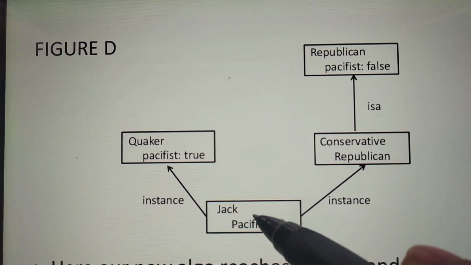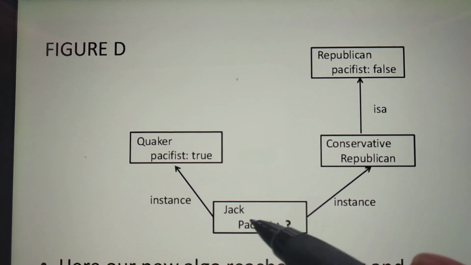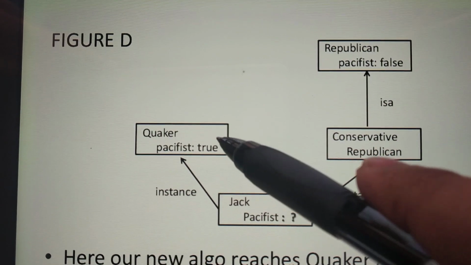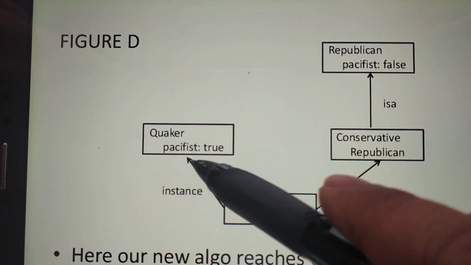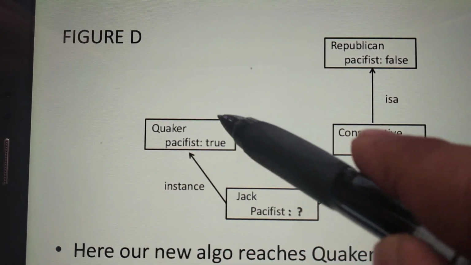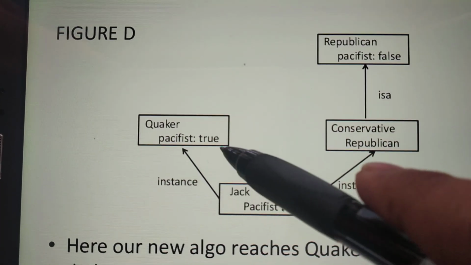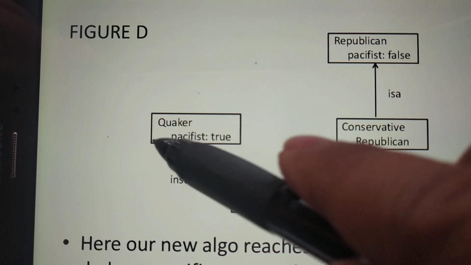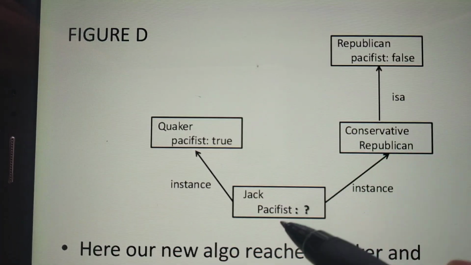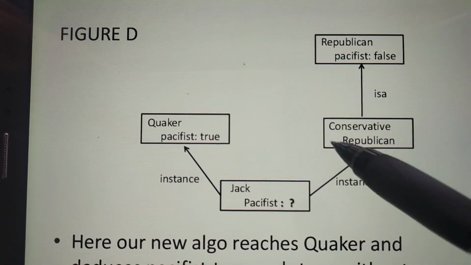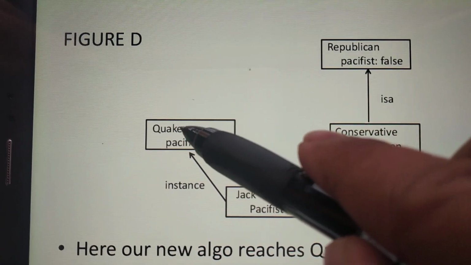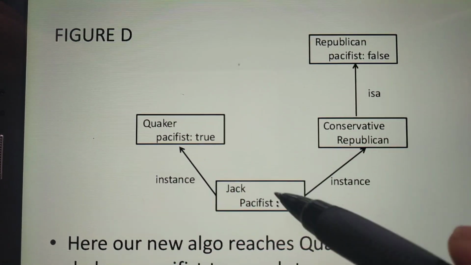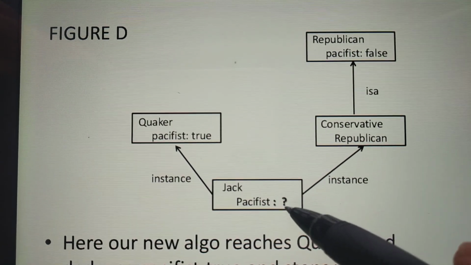Now from this node we explore upwards to the instance links. So first this child is revealed. When this child is revealed, the answer that you get, Quaker is pacifist, is true. Since in this particular depth level I have already got an answer, it is not going to explore the next child of that level, and as a result the algorithm is going to quit here. So the answer will be Jack is a pacifist, true.